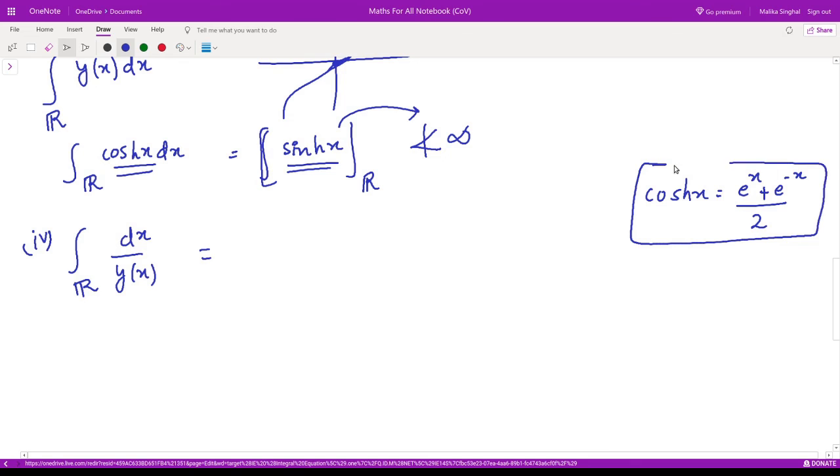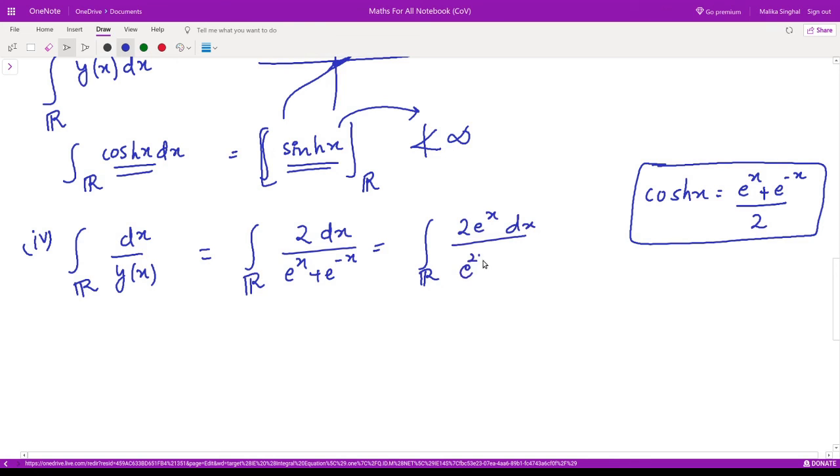We know this is the definition of cos hyperbolic x, so it would be integration over the region R of 2 dx divided by e to the power x plus e to the power minus x, which would simply become 2 e to the power x dx divided by e to the power 2x plus 1,